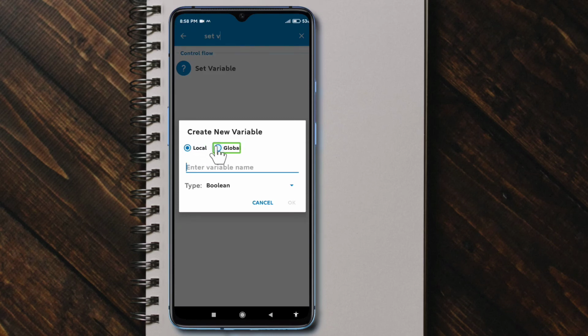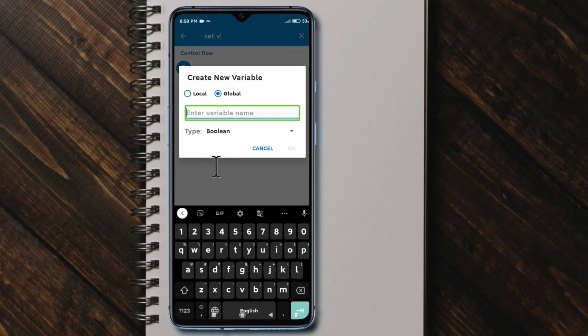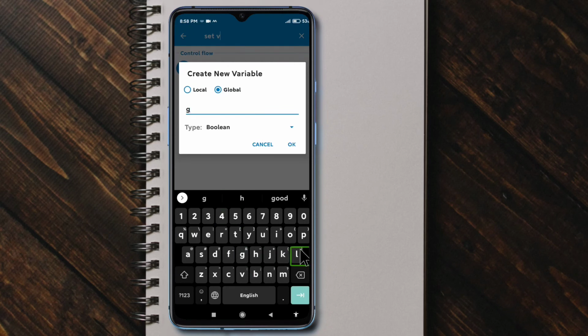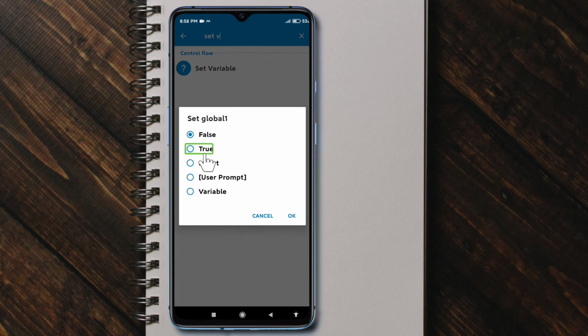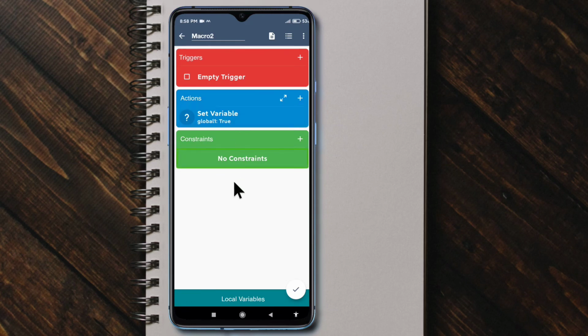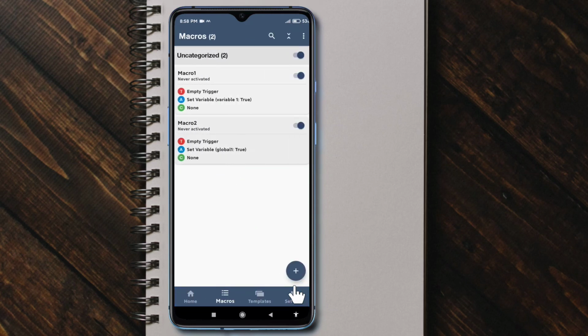I am selecting a global variable, giving it the name global1 and selecting the type as boolean, clicking OK. Now it prompts me to select the value of global1, so I am setting it as true. Now clicking OK. Now saving changes of macro2.